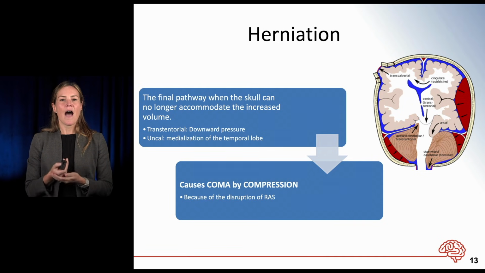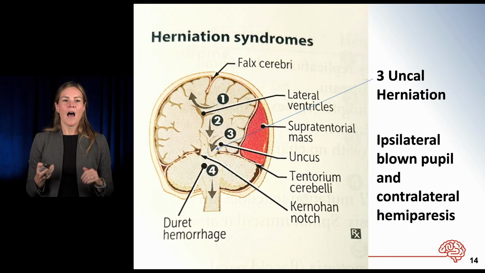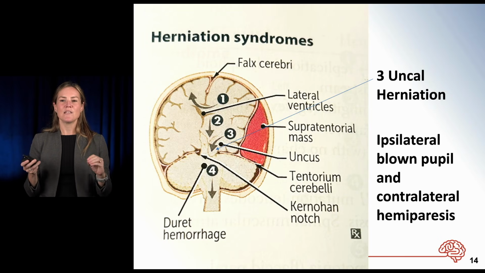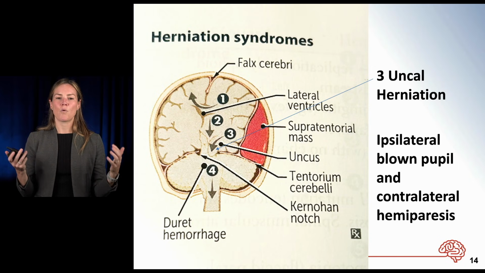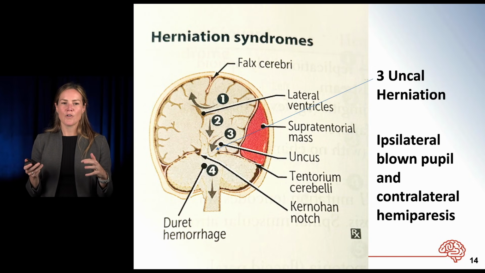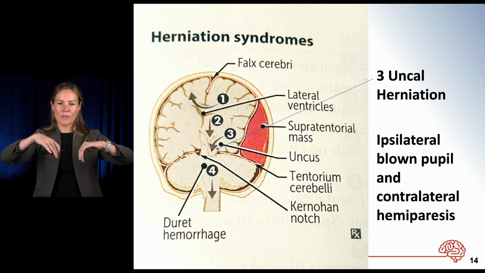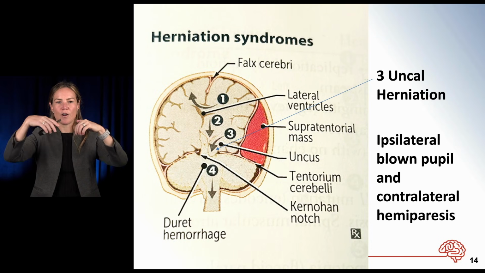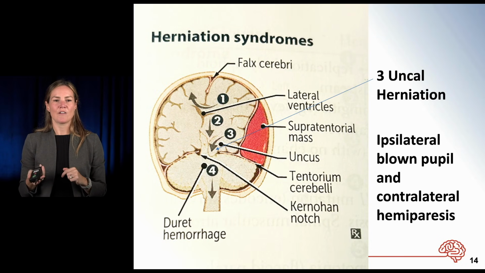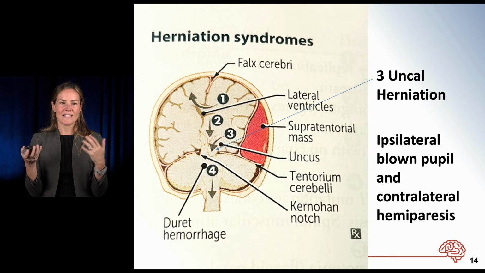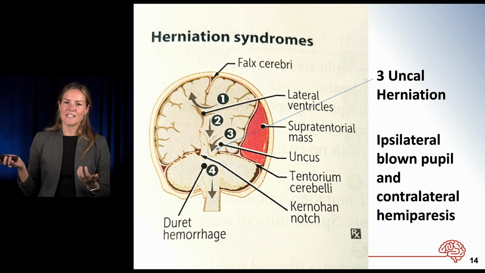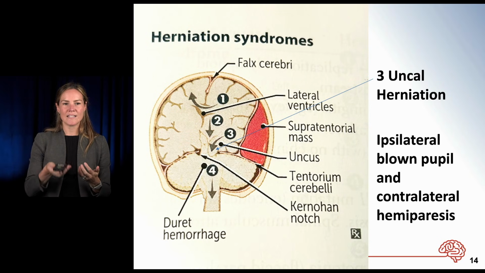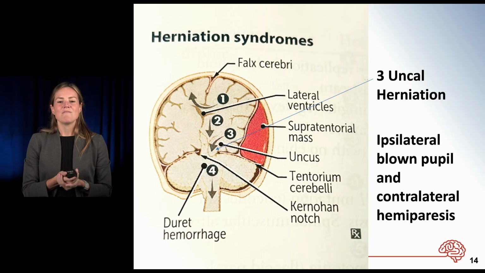Now, of the herniation syndromes, uncal herniation, which is type 3 in this diagram, is the most well-known, and I think it's the most important. What happens in uncal herniation is the medial temporal lobes, which sit right beside the brainstem, are pushed over by a mass. So you can see in the diagram that you have the supratentorial mass. In this case, this is looking like a subdural. That subdural is pushing on number 3, and number 3 then pushes on the brainstem, which is in the middle of the brain there. This can be clinically